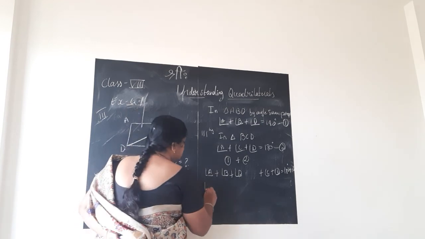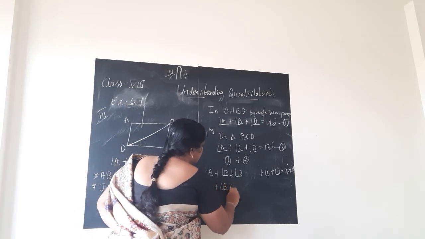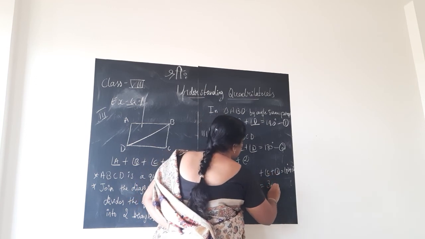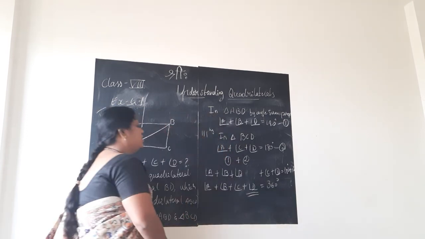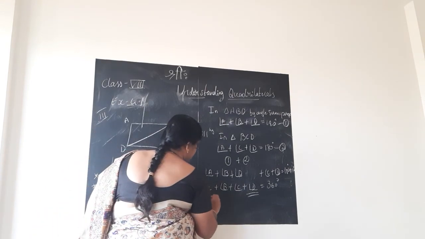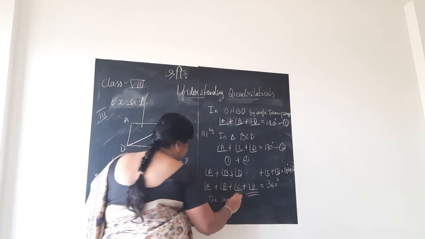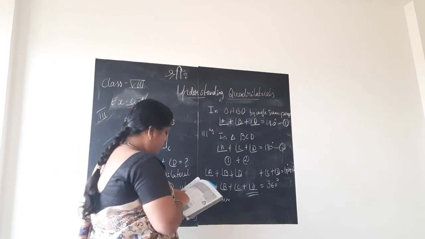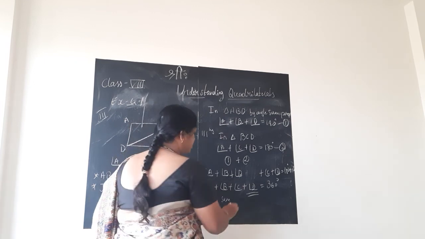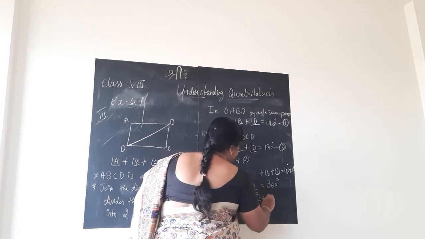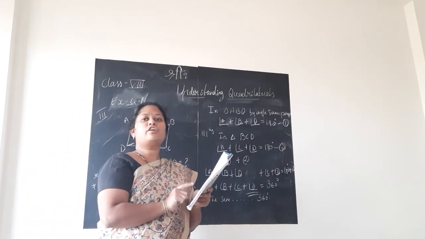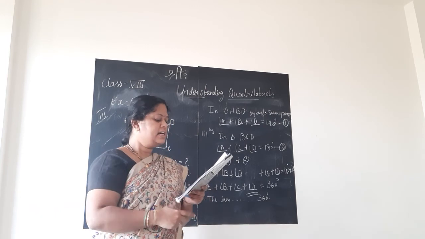So what is on LHS now? Angle A plus angle B plus angle C plus angle D is equal to 180 degree plus 180 degree, which is equal to 360 degree we got. Therefore, what was the question asked? The sum of measures of angles of a convex quadrilateral is, and you will write from the question. You should write that. Therefore, you will write last sentence as: therefore, the sum of measures of angles of a convex quadrilateral is 360 degree.